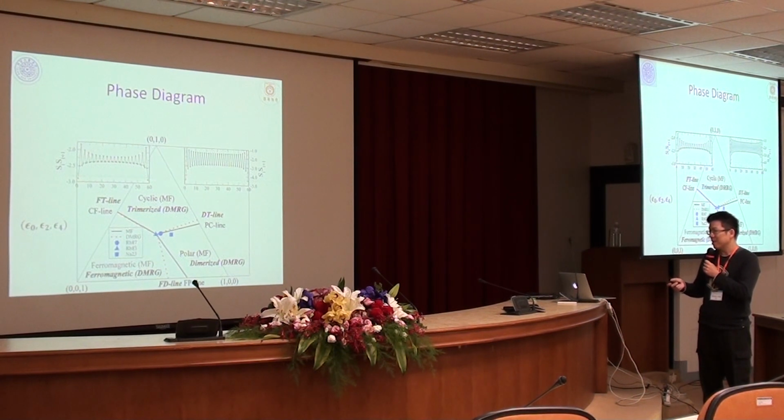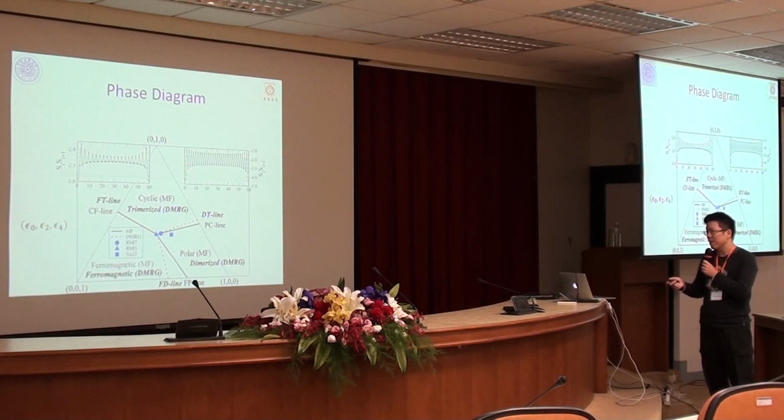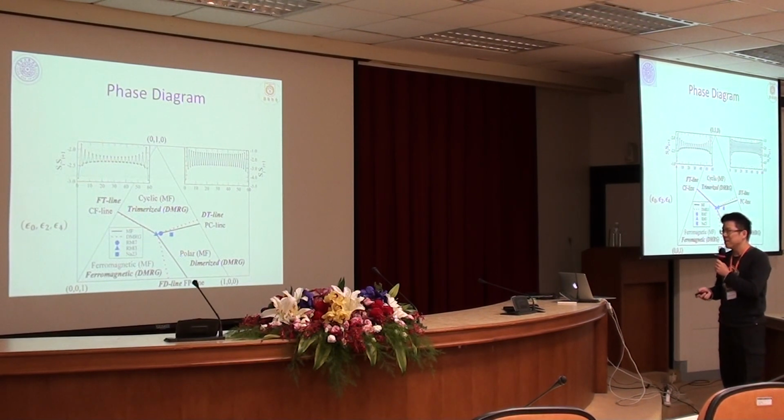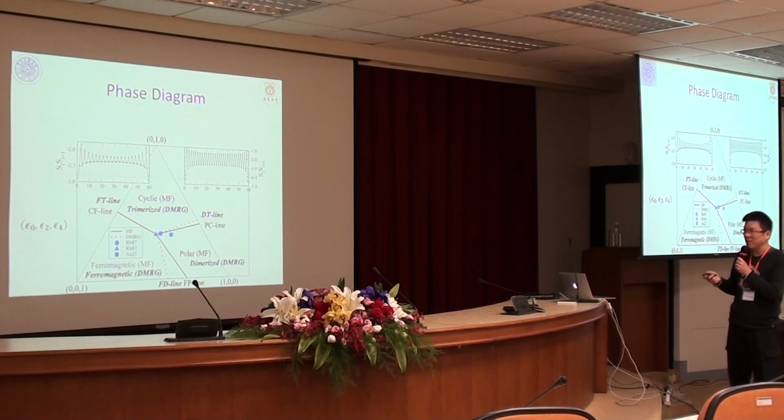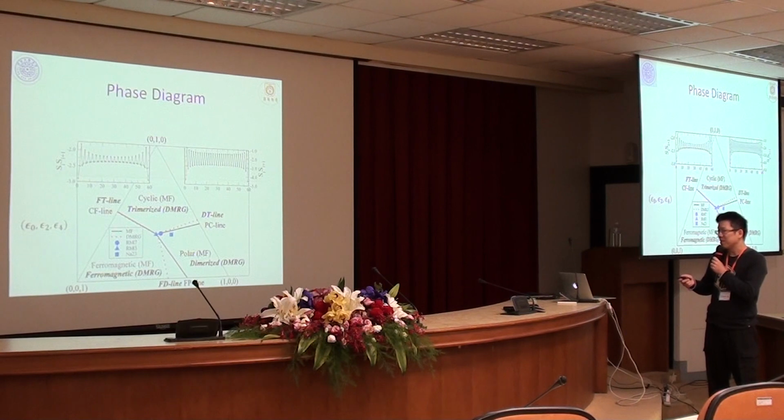So first, Sankit has calculated this mean field diagram before. So basically, at the mean field level, you have a ferromagnetic phase, you have a so-called cyclic phase, and then you have a polar phase. And then first we used DMRG to calculate the phase diagram. Okay. And then we find that basically the phase boundary will shift a little bit, will fall on a different line. So this red dot means the phase boundary obtained by DMRG. Okay. And if you plug in the scattering length of those materials, so we find